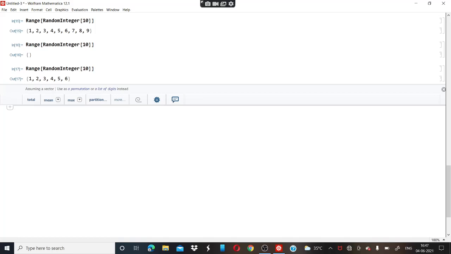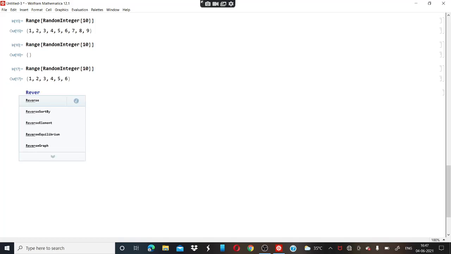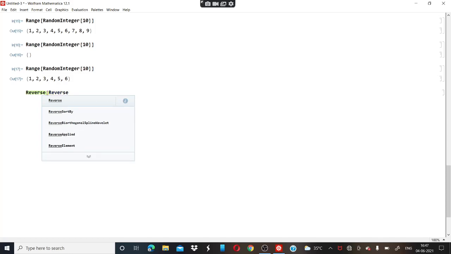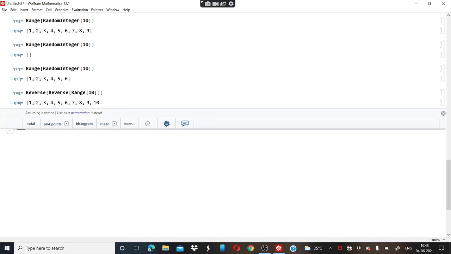So let's type reverse, then again reverse, then range, range of what? 10, and then shift and enter key. So here you can see that this reverse and reverse cancelled each other and you have this range from 1 to 10.